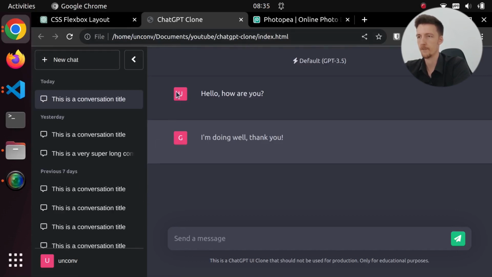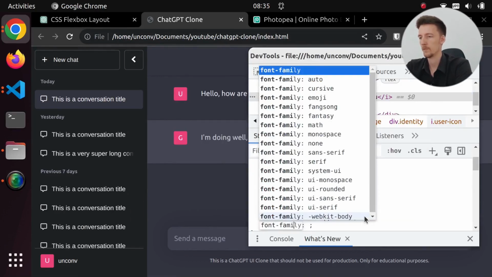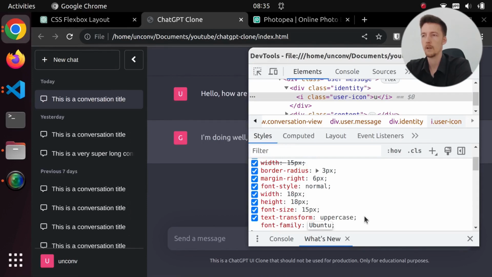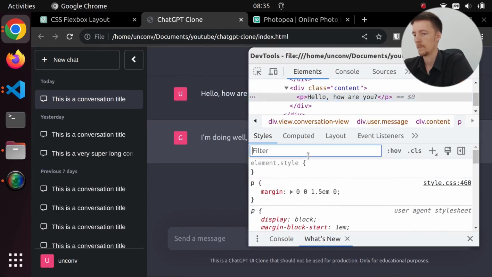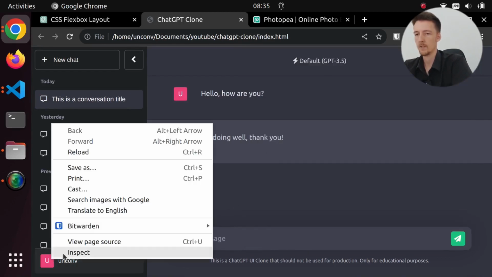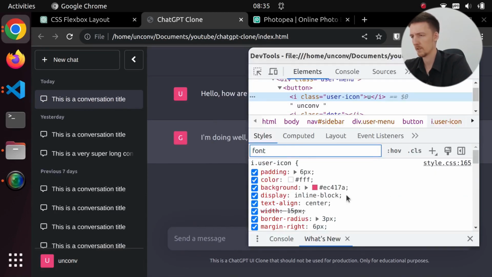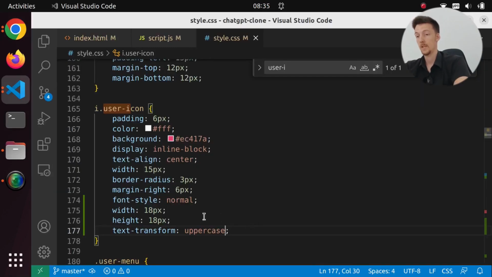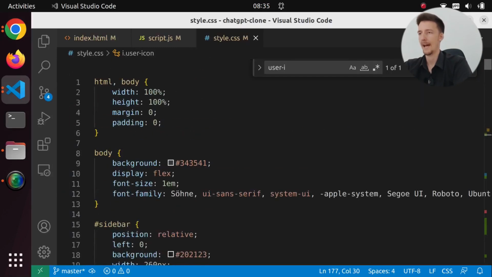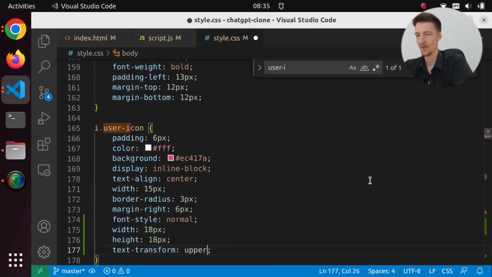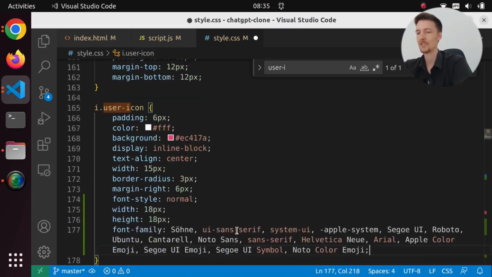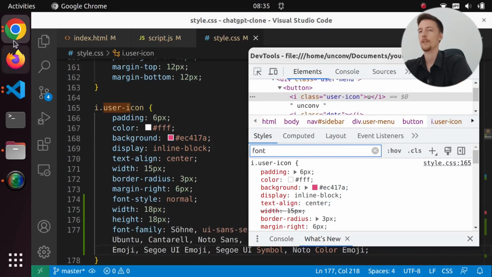What if I change the font? Font family Ubuntu. Now they look exactly the same. So what is the font here? Font. Okay, and what is the font here? Maybe this is inside of a button or something. Font. So what I will do is I will add this font. Can I use like some CSS variable to this? I'm not sure which font it is using. So if I do this,